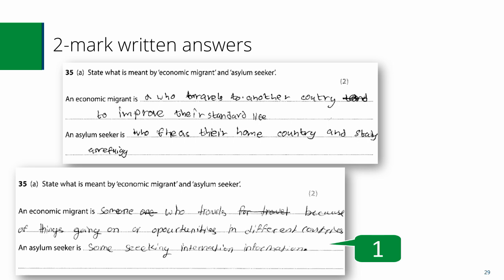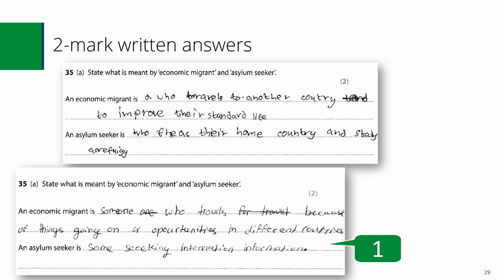This answer was only awarded 1 mark. The idea that the economic migrant is someone who travels because of opportunities in different countries, well, that's sufficient. It doesn't say economic opportunity, but this is an example where, with either a mark of 1 or 0 to award, we would give the benefit of the doubt that there is a sense here that there's an opportunity,